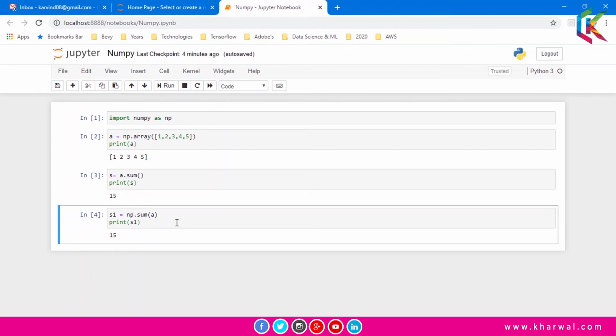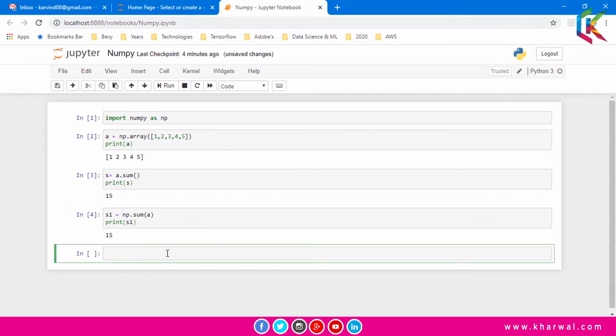Now guys, we are going to create a two-dimensional array. So let's create that array. I have created a NumPy array of 2 cross 3, and now I'm going to print this array.